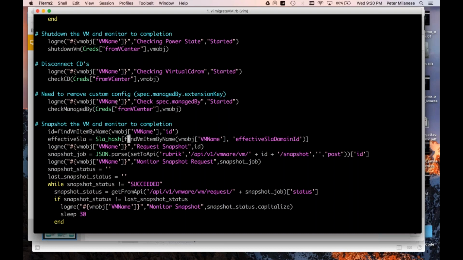So I'll go in and I'll say, hey, look at this SLA hash, which, by the way, I do in the main script, which is a hash of SLA names and IDs, and see what that maps to in terms of this VM. So I kind of hang on to what the SLA domain is. Then I'll actually go in and request the machine be snapshot, which is essentially a CBT-based incremental. On a small to medium use machine, it'll take about 2 minutes to complete that. I'll monitor that through to completion,